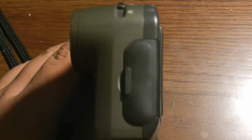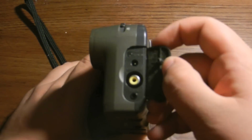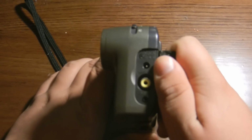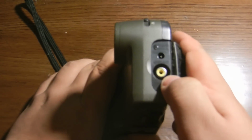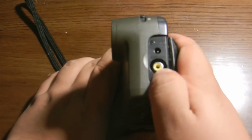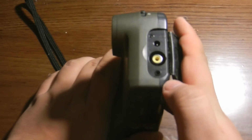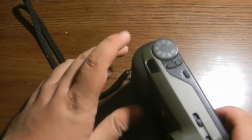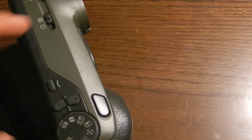Right here, and I'll just zoom out a little bit. Right here we've got this little flap door, which has the input for a 6-volt plug, which I have around here somewhere, but it's just a regular power brick, and a video out for viewing on your TV set, and a digital out, which is to connect to the computer. And then on the top, which I'll zoom back in again, we've got